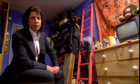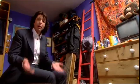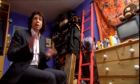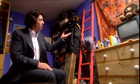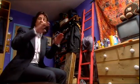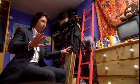Everything in this room is fighting for attention, which is a shame. It's a bedroom. It should be somewhere that's serene, somewhere that's relaxing. But at the moment, you can't separate the wheat from the chaff. And yet you look around and there's some really very, very nice objects in here. There's an ethnic embroidery over there, there's a lovely Mexican mirror over there, but it's just all totally covered by this miasma of